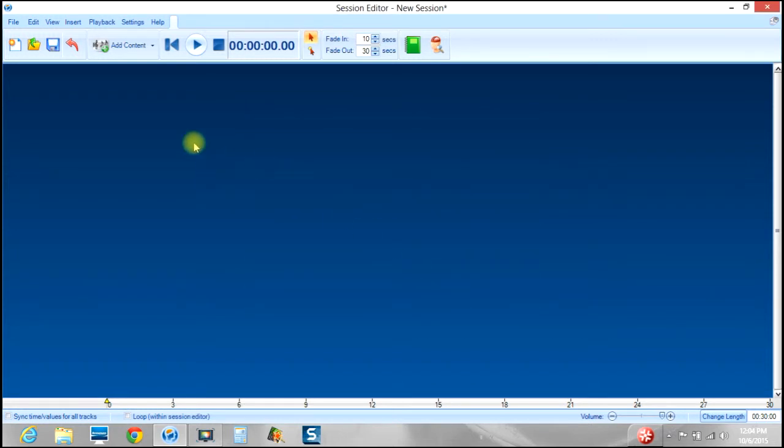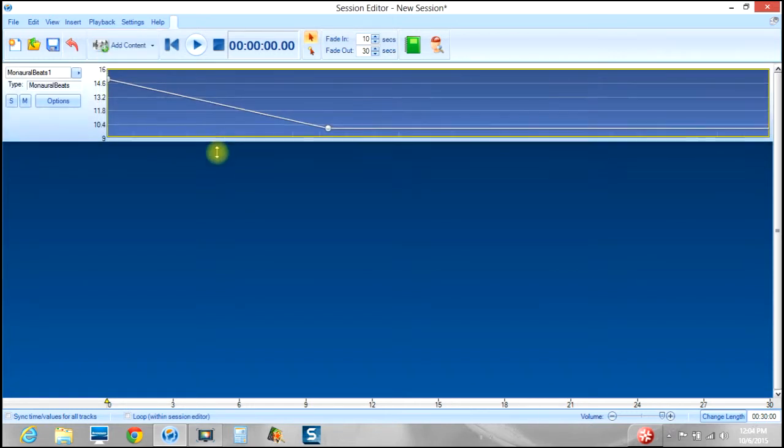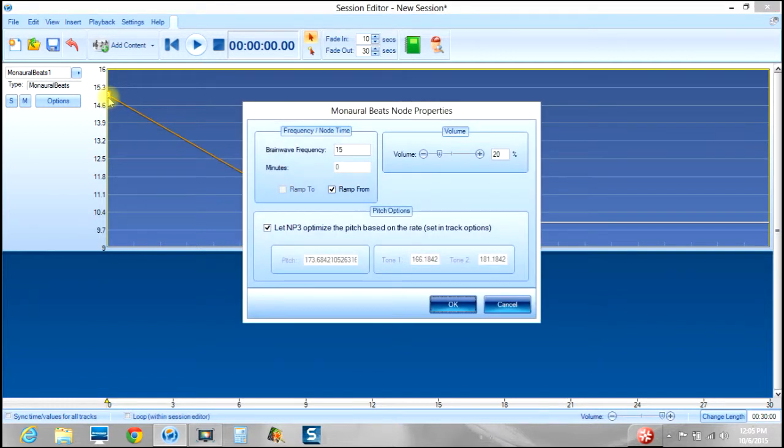And so I want to find a low frequency tone, so I'll click Insert, Add Monaural Beat Track, and it opens up a track with two default nodes. These nodes have properties that can be adjusted, so I'll adjust them to find the frequency I like for my base frequency. It's already populated with 15, but I'm going to bring this down to 0 and bring the volume